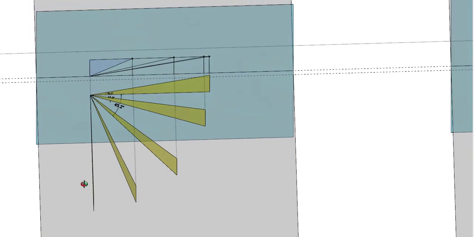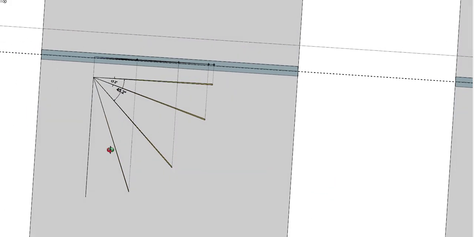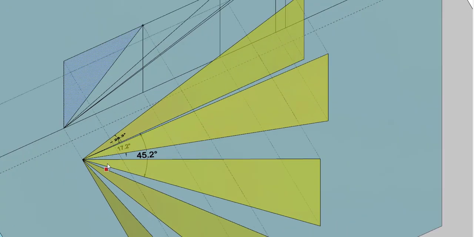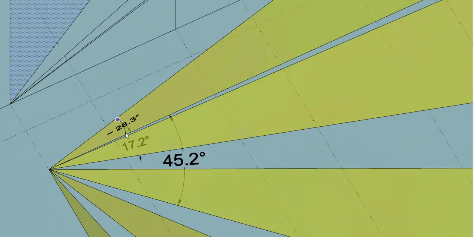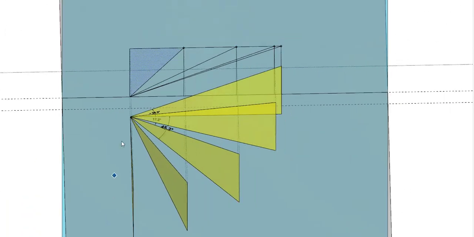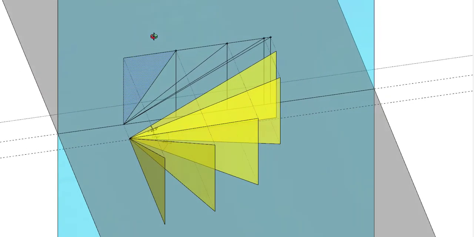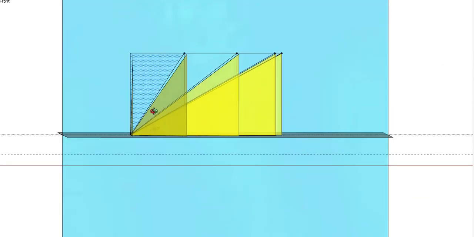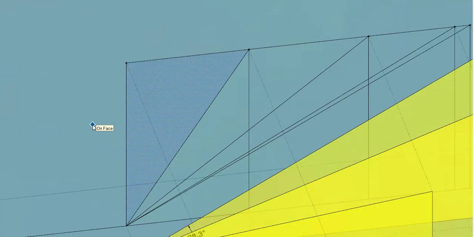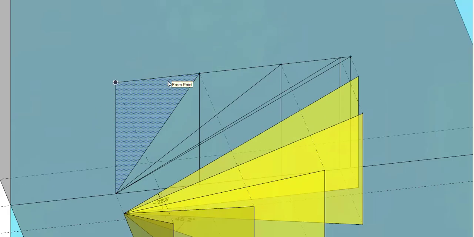Again I am giving inclination in the sense that at the end I am giving a full 90 degree inclination to the vertical plane. As you can see, the inclination with the horizontal has been kept constant, 28.3, it has been kept constant. And finally I am giving an angle of inclination of 90 degree to the vertical plane, and I am projecting it to the vertical plane in order to get the front view, and still the top corner is in the same horizontal line parallel to the xy line.